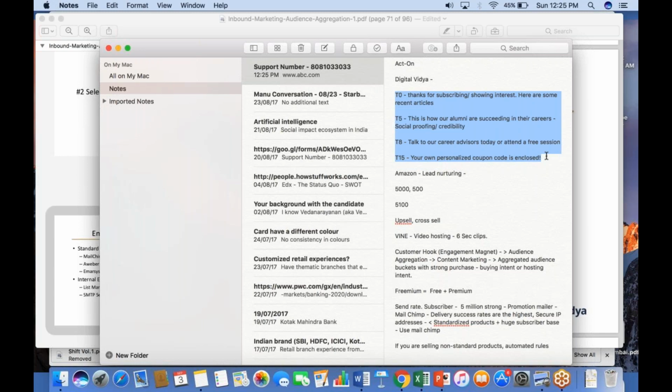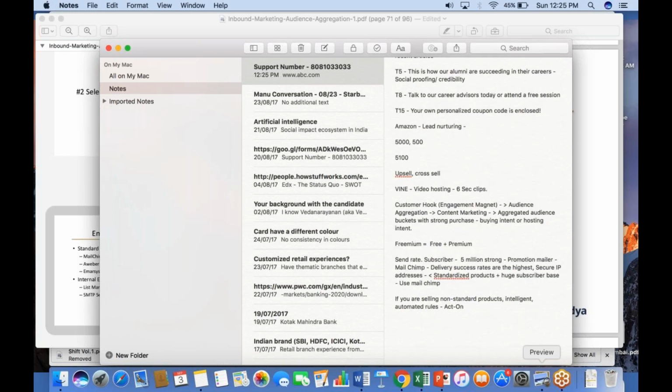If there are people who have made a purchase, who've, say, completed going through the digital marketing course with me, or who've completed going through the SEO course with me, I want them to go through this particular nurture stream. If you want to set up these kinds of intelligent automated rules, which is essentially marketing automation, I would certainly recommend Acton. It's my personal favorite. That's an awesome product to use.